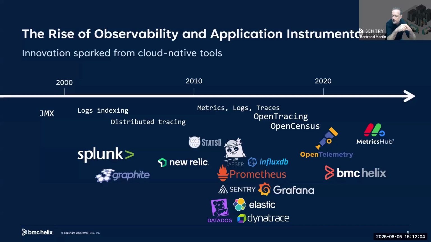So yeah, it wasn't just about logs or metrics. You needed to interconnect everything, and so we got log analytics with Splunk. We got Graphite for metrics, and suddenly everything seemed a bit better, but still separate and still specific. Each vendor had its own way of doing things. And